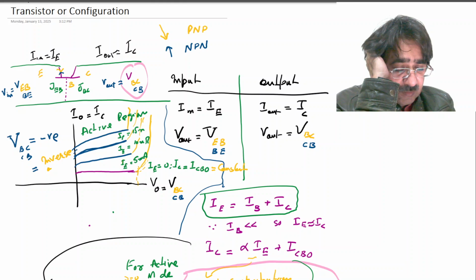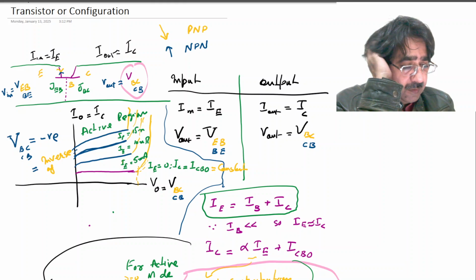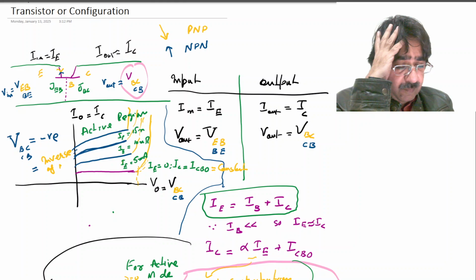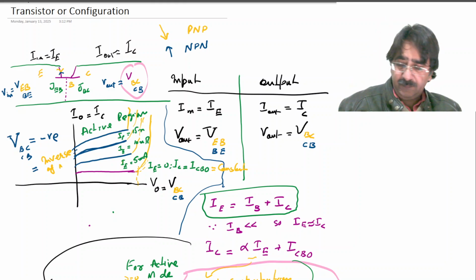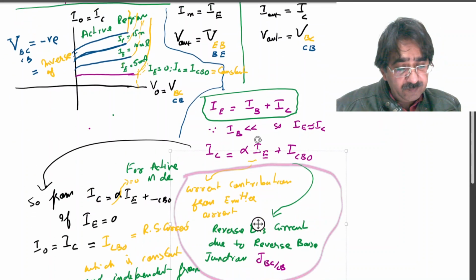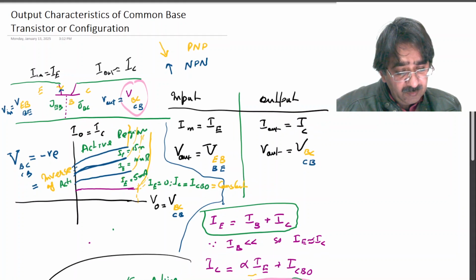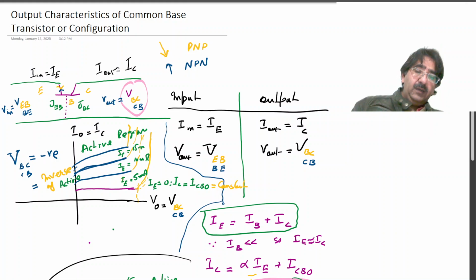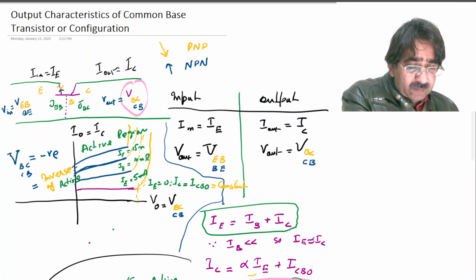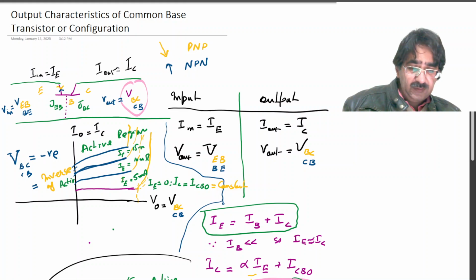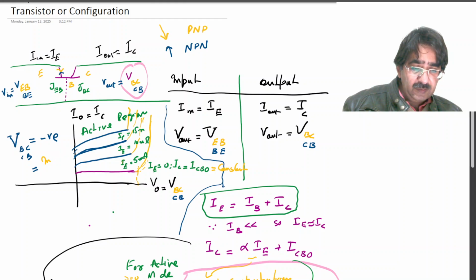Inverse of active, inverse of active. So because it is negative, I think